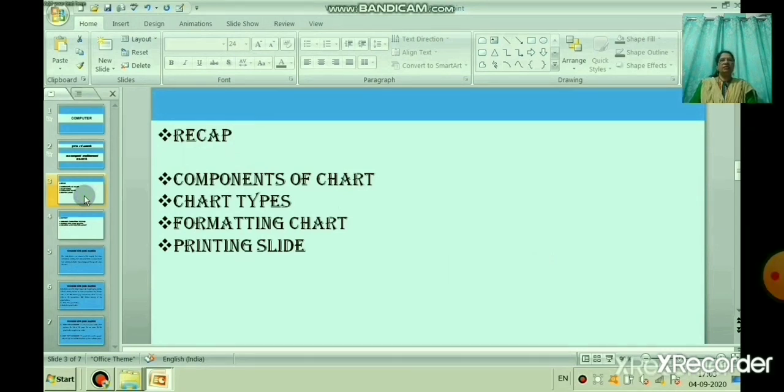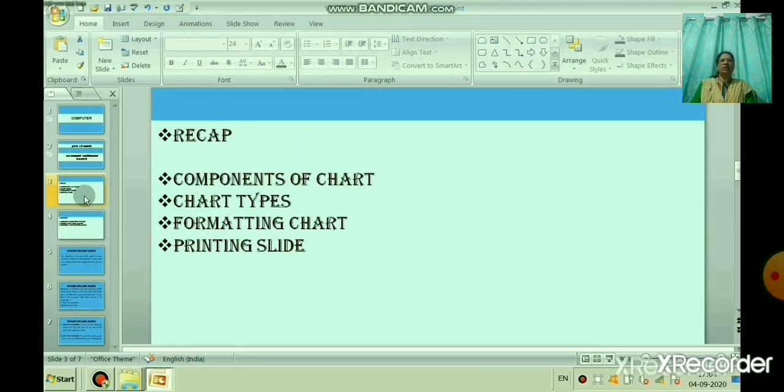In the last class, we learned the components of a chart: chart area, category axis, value axis, data series, category name, plot area and legend. And what are the types of chart? In that we learned pie chart, columnar chart, bar chart and line chart.